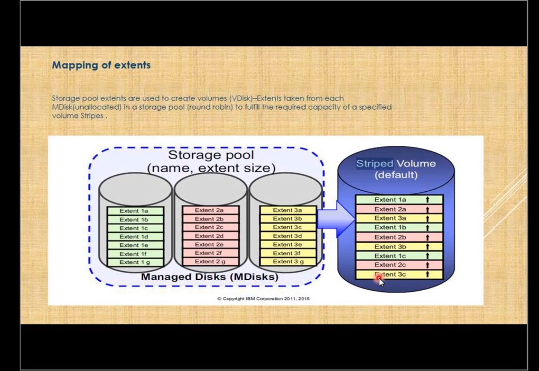We have external LUNs presented to SVC as an MDisk. MDisks are grouped together as a storage pool. Out of that, VDisks are carved out. Do we create a RAID again? No. Okay, let me explain that question. So the question is, what is the exact structure of all these constructs?